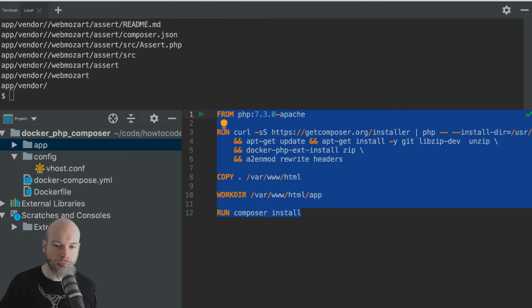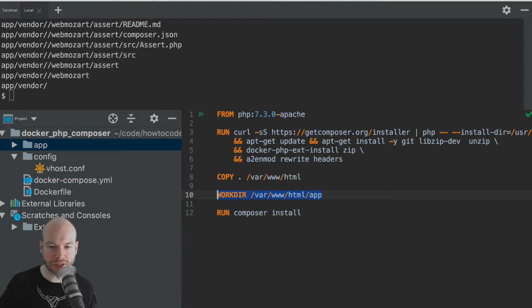In fact, we could, if we wanted to, do a require in here to build the application and then adjust the other volumes and stuff in here. I could have done this to give you more of a rounded example. I won't, because that's going to take a little bit of time. But for now, what this is saying is we're going to install Composer as we've done before, and we're going to install all the other packages, enable all the bits and pieces like we've done before, copy everything from the working directory into /var/www/html.